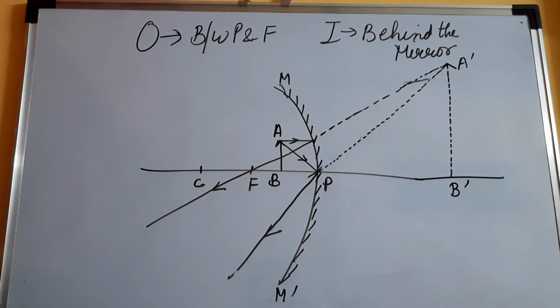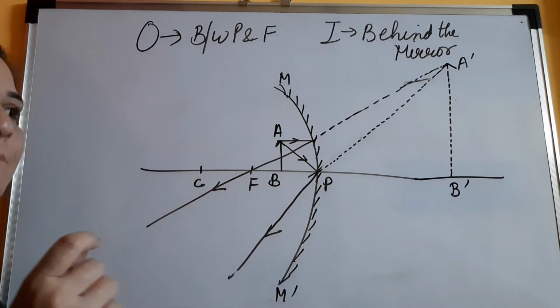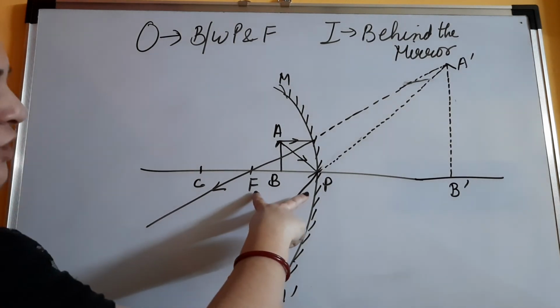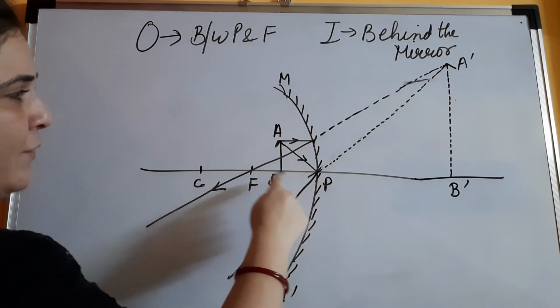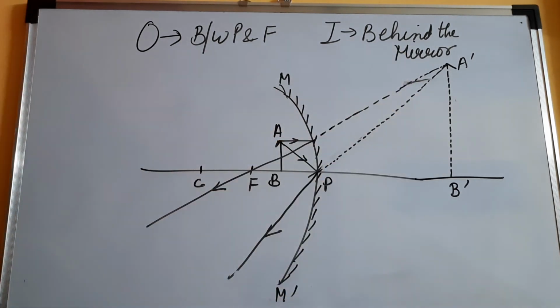They have a concave mirror, and a concave mirror gives a highly enlarged image. That's the reason they keep that small mirror very near to your teeth. So that's the case wherein they are keeping the object, meaning the teeth, very close to the mirror, between P and F, and this is how the image is formed, highly enlarged behind the mirror, and they can see the deformities or any problem in the teeth itself. So these are the cases for a concave mirror. I hope you all have understood.